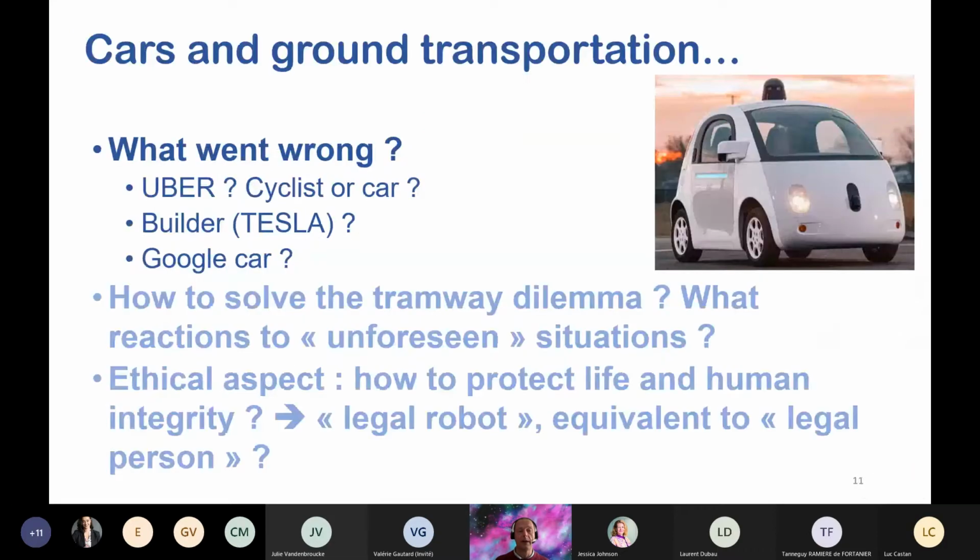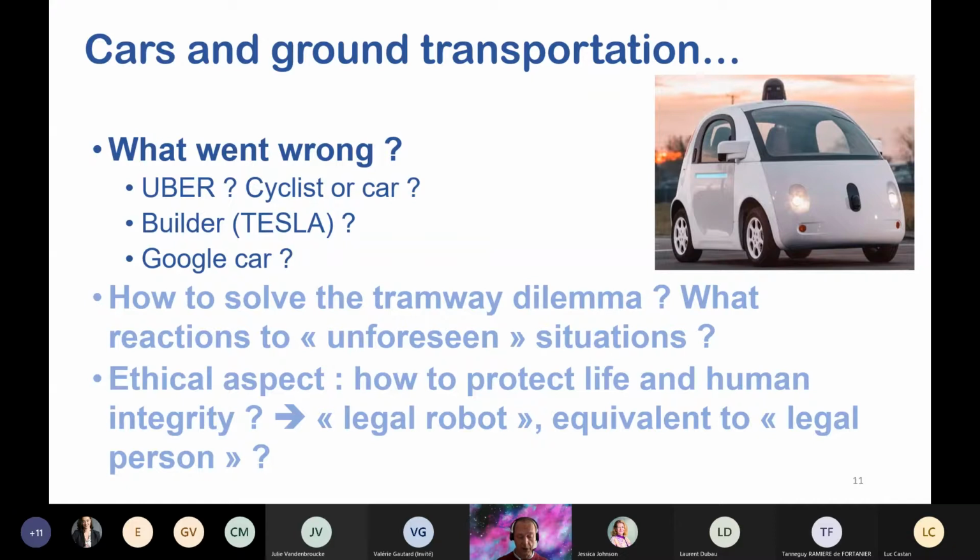But in some cases, things can go wrong. You maybe have heard about the awful story of a cyclist killed by an Uber car. The driver was in automatic mode on the highway by night when he saw at the last moment a cyclist crossing in the dark. The driver didn't have time to stop the car. An analysis shows that the cyclist was detected but classified as a false positive by the embarked AI.